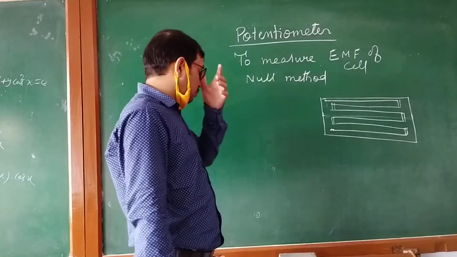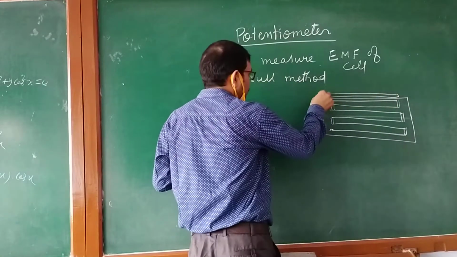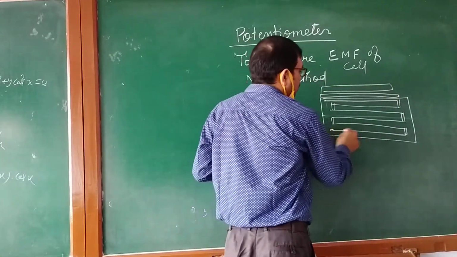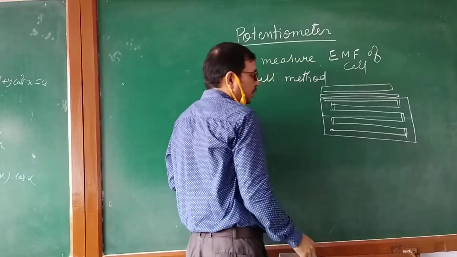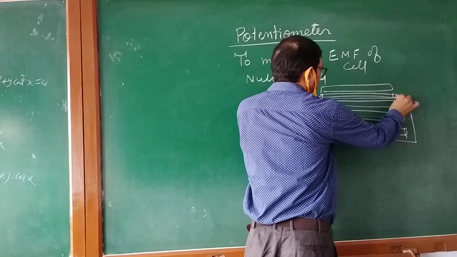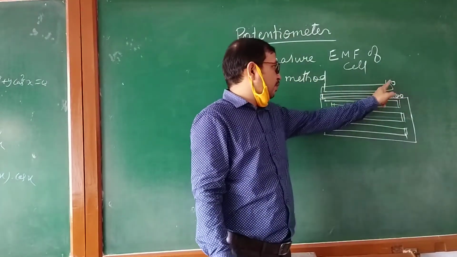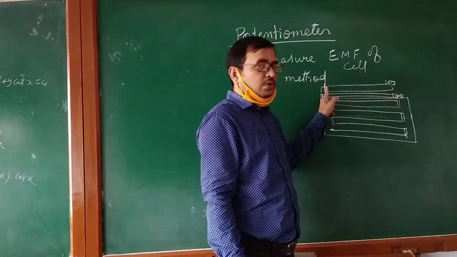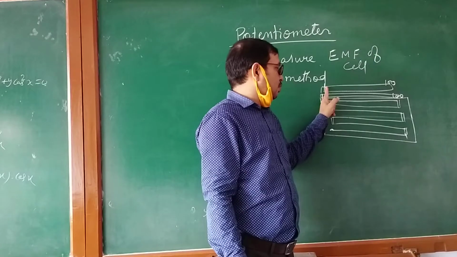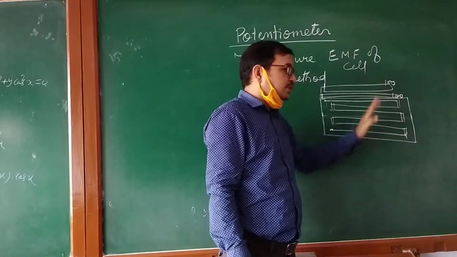Here. Now how are we measuring here? There are two scales. When you are taking the reading in the first wire, you have to use this scale 1 to 100, and this is from 100 to 1. When you are taking the reading in the second wire, you have to use this scale 100 to 1. So this is 100, this is 200, this is 300. In this way we are taking.